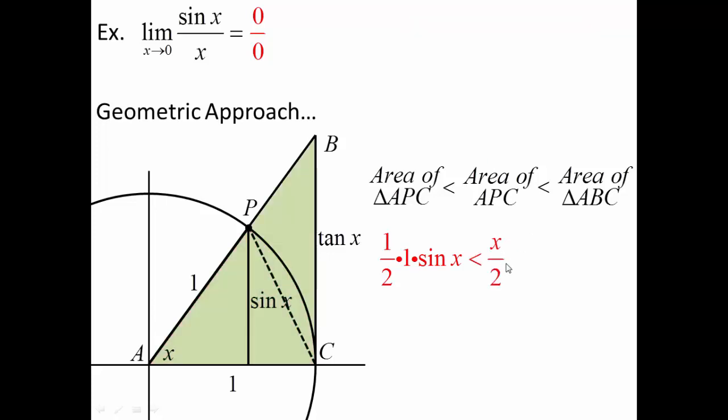And then the area of the larger triangle, just like the area of the smaller triangle, 1/2 base times height, 1/2 times 1 times tangent of x, since the height of the larger triangle is tangent, not sine. So what we have here is a statement that sine of x is less than tangent. Of course, that comes from simplifying the multiplication and canceling out the 2's on all 3 area formulas. So I've now established, based on the given information, that the sine of x is going to be less than tangent of x.